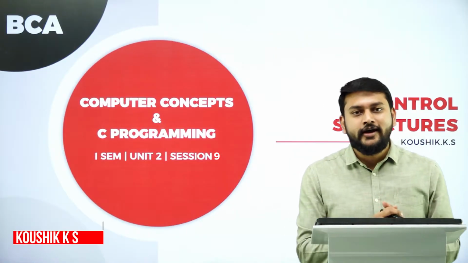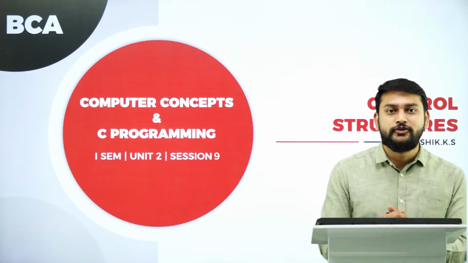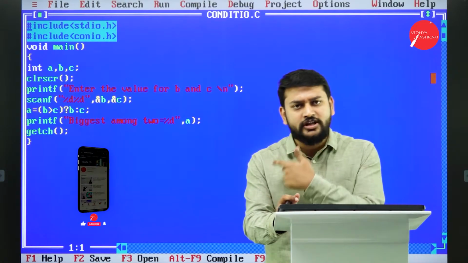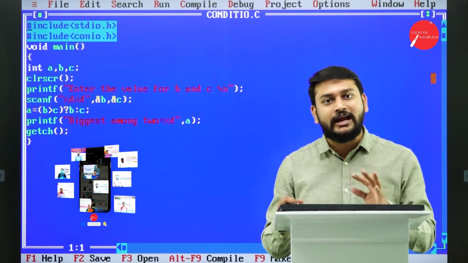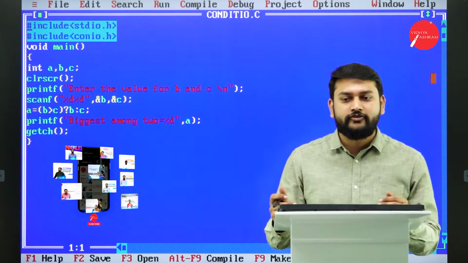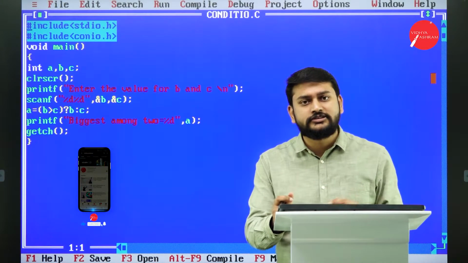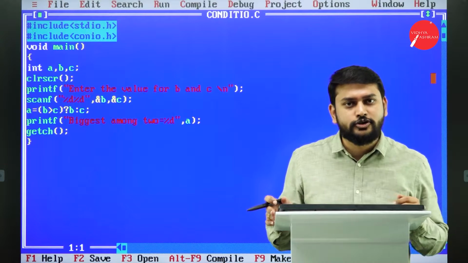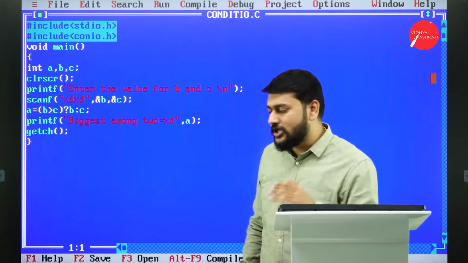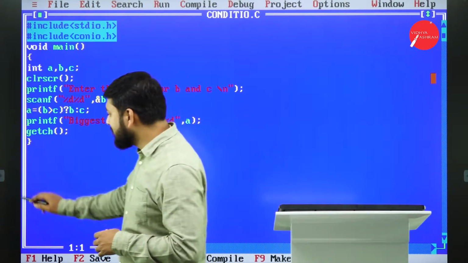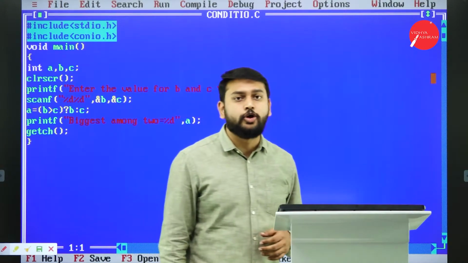Hello everybody, I welcome you to yet another beautiful practical session. Practical session in the sense I'm not dealing with a lab program, but I would like to teach the concepts practically, instead of teaching only theory concepts. I have explained this concept in my theory class also, but I will show you how exactly these concepts are working. So in this session, I will show you how exactly conditional operator and for loop work.